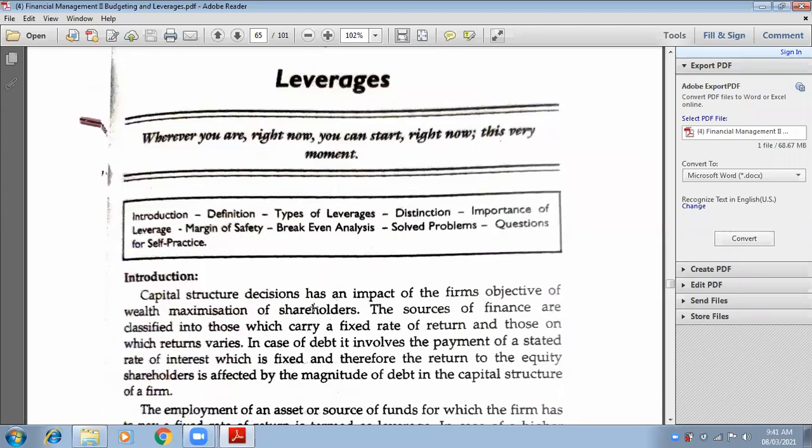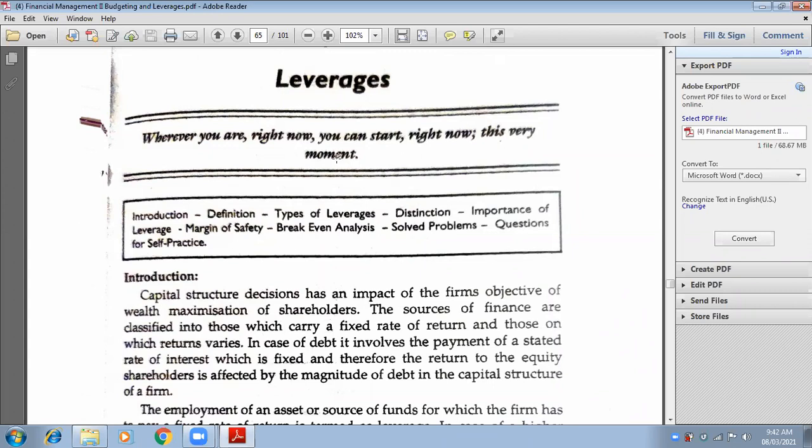You can produce 50,000 kgs of goods. You can even produce 1 lakh kgs of goods. If you are producing more, you will be able to sell more in the market. And if you are able to sell more in the market, you will be able to generate more profits in the future. And more profits in the future means more wealth for the shareholders again, more dividend to the shareholders, because dividend is paid from the profits only. Are you getting my point?